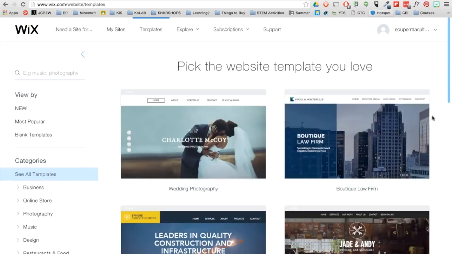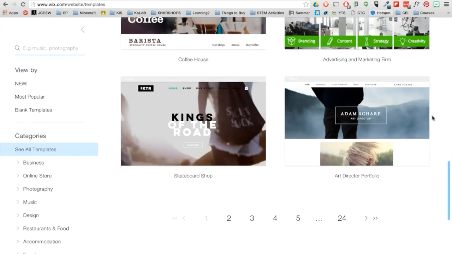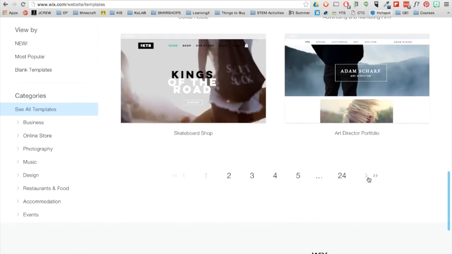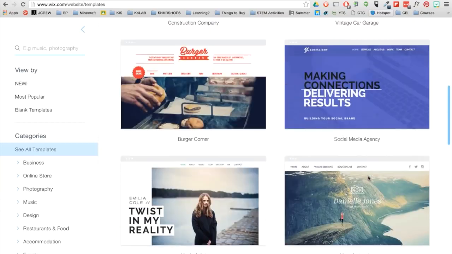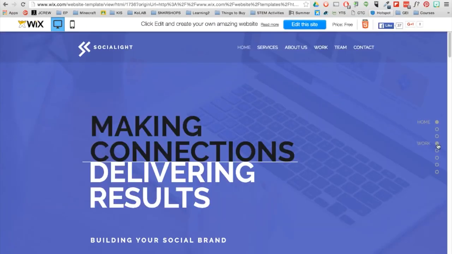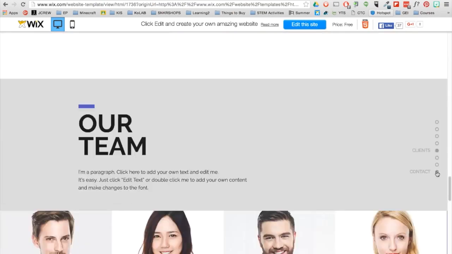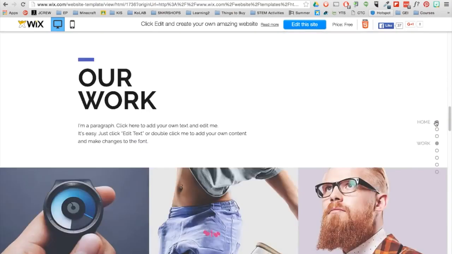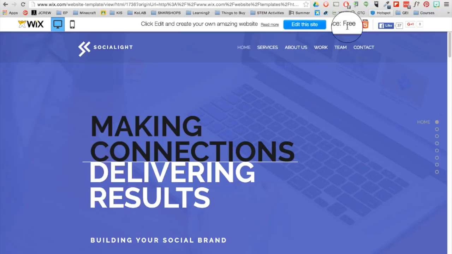Here you are provided with numerous stylish website templates based on your category. Scroll through all the pages and find a template you like best. You have the option to first view a template to get a sense of how it will look live on the web. I really like the layout of this site, so I will go ahead and click on the Edit